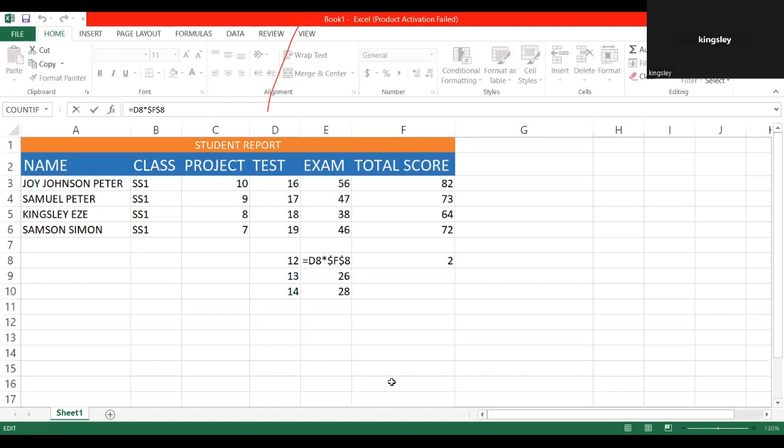Okay, right. So basically, this absolute cell reference is for us to be able to lock a particular number to a particular cell. For example, now,